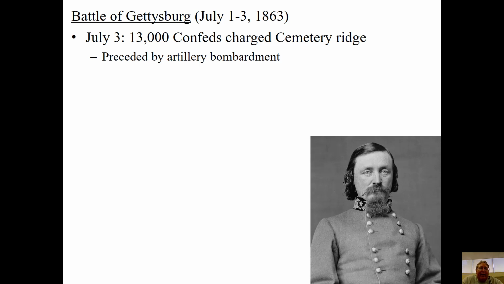And at this little town of Gettysburg, these two massive armies square off against each other, right? July 1st, the first day of fighting, actually goes pretty well for the Confederates. They're pushing the Union back. Looks like they're going to be able to trap part of this Union army and maybe destroy it. By the second day, as Union reinforcements keep flowing in, it's stabilized. It looks like maybe the Confederates are the ones that are kind of in danger here.